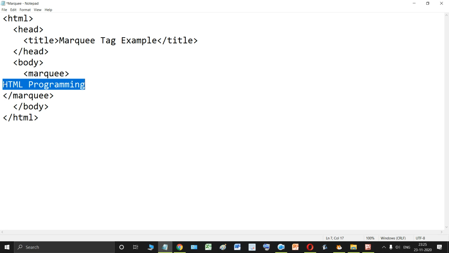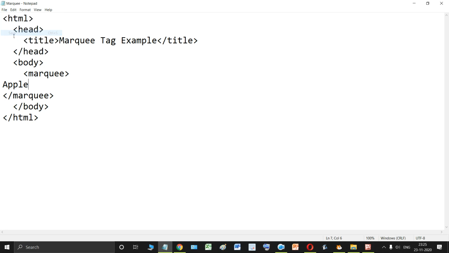You can write anything. Suppose you can even write apple. I have written the text apple between this marquee tag and this marquee tag. Then I will close the body and close the HTML. Let's see what is going to happen.